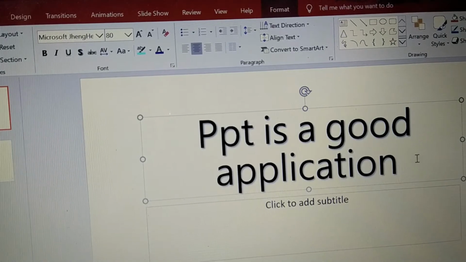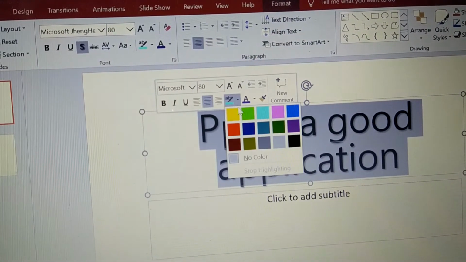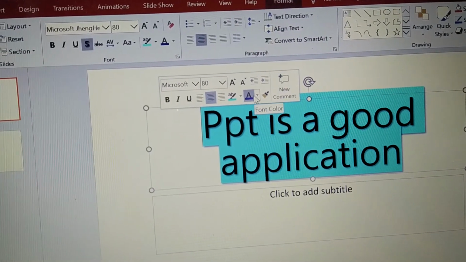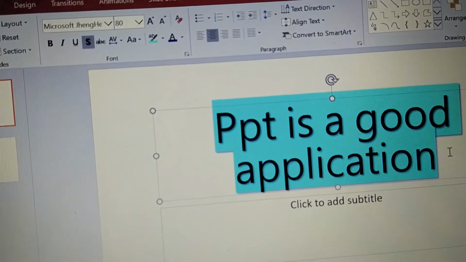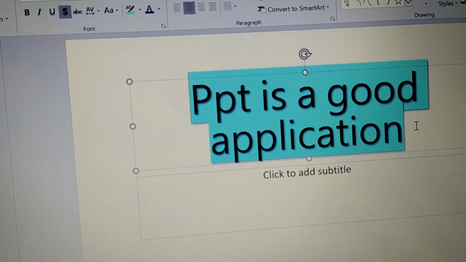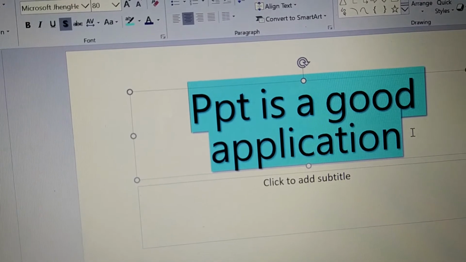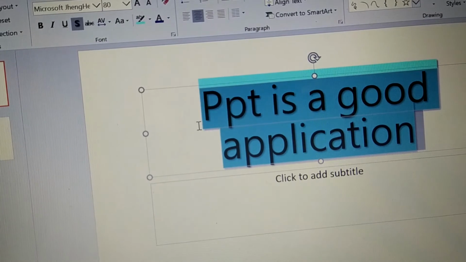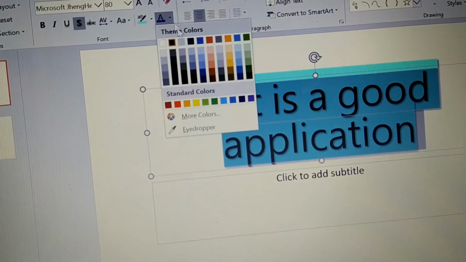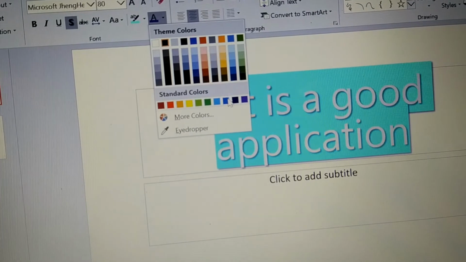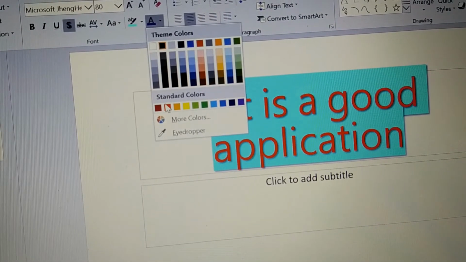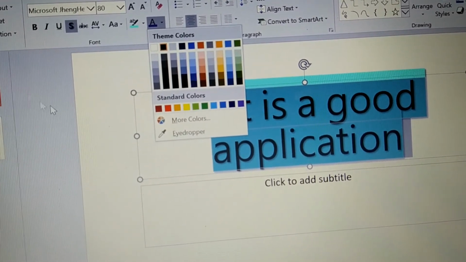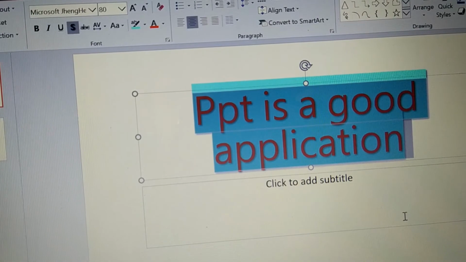Okay, now we will color it. See, there are many colors like this. We will choose this color. If you want to change the color of a word, of the text, or of a letter, then you have to select the whole thing, and you can do it from here also. See which color you want, you can take. This is somewhat red. Okay, I will take the red color. Now I have taken the red color.